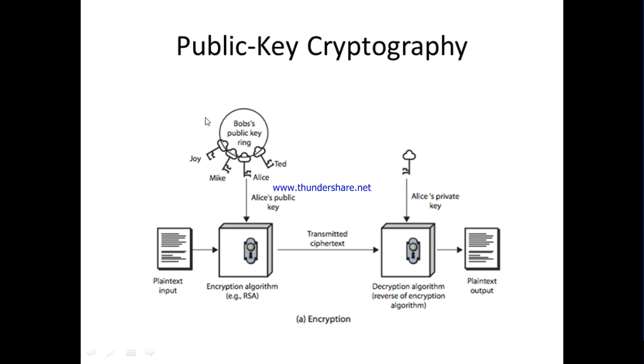You will have a number of public keys available in the record. If I want to send a message privately, say Bob wants to send to Alice, he has to use the public key of Alice for encrypting the message, and that ciphertext will be transmitted. When it reaches Alice, she will use her own private key for the decryption. He is using the recipient's public key for the encryption, so that only she can decrypt. So that is how encryption can be provided.